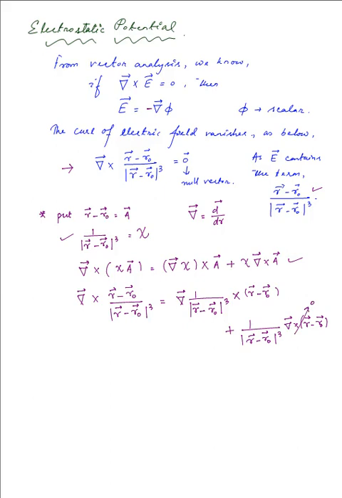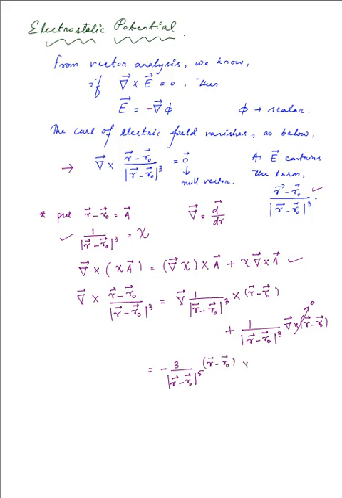And as for the first term, the gradient of that scalar results in minus 3 over the modulus of r minus r naught raised to the power 5, times r minus r naught,